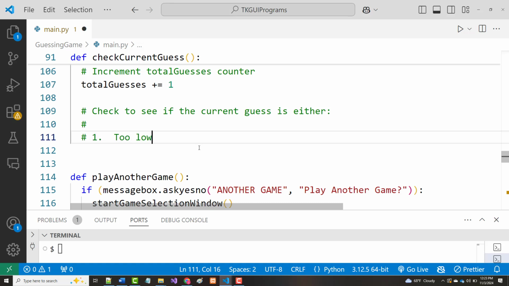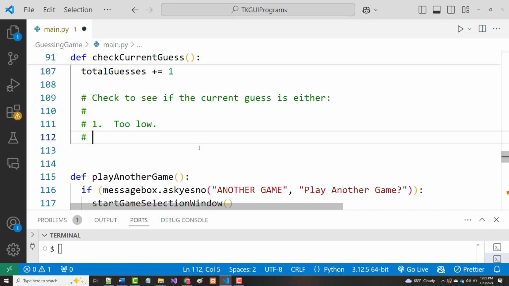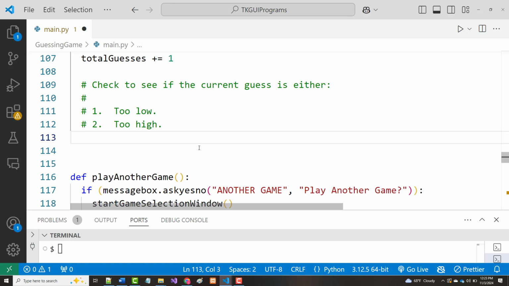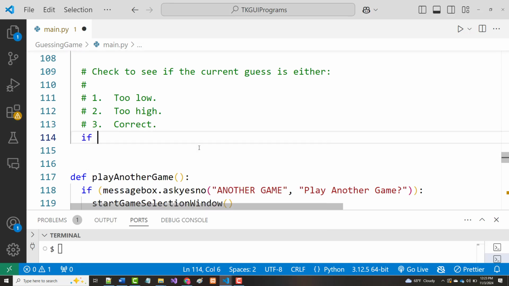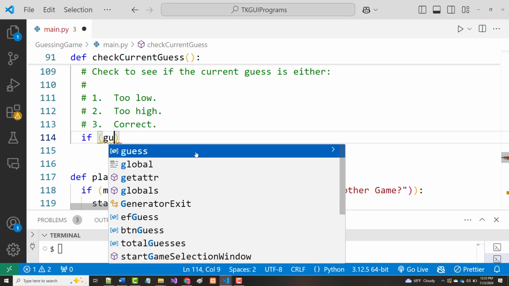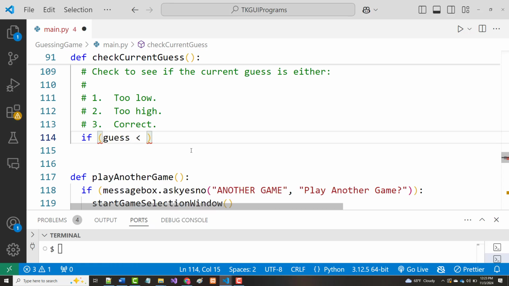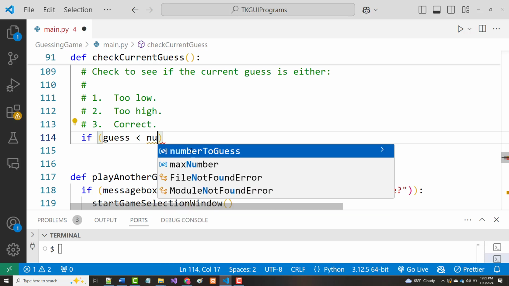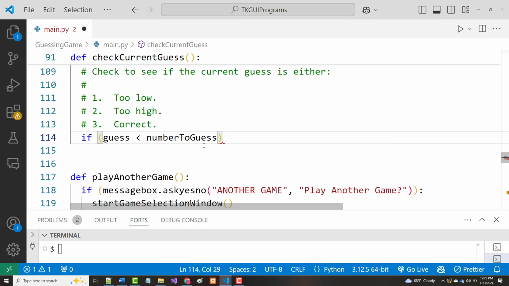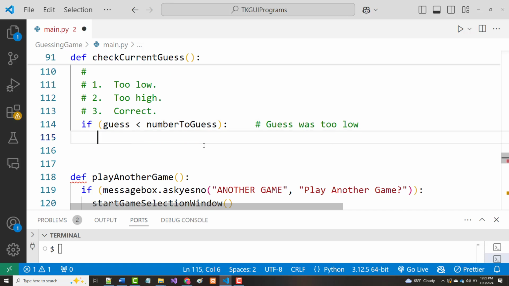too low, too high, or correct. All right, it's got to be one of those three. So if the guess is less than the number to guess, let me just say here again, guess was too low. So if that's the case,